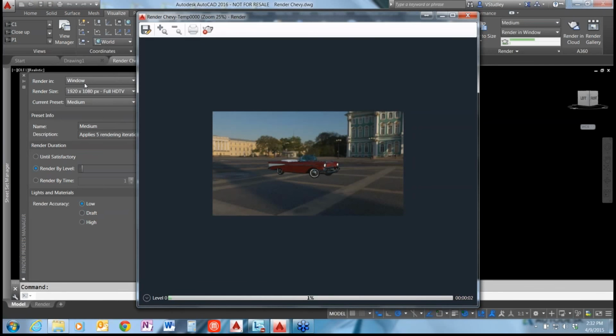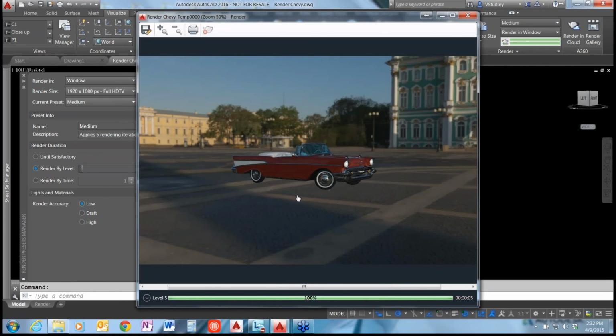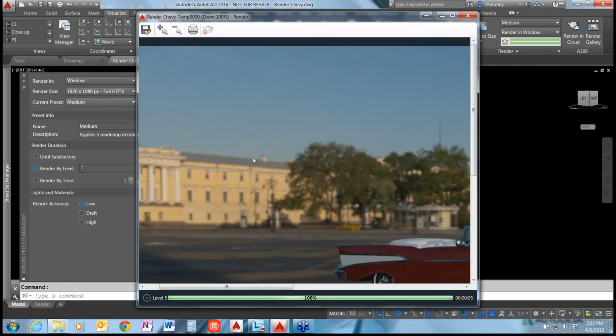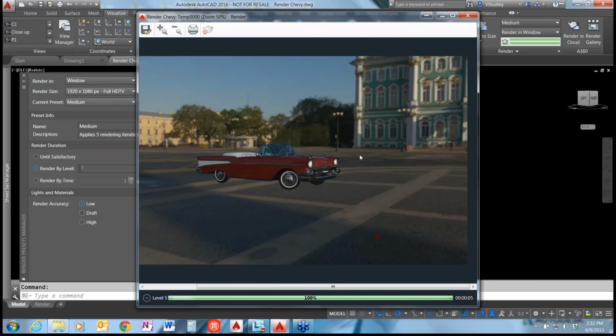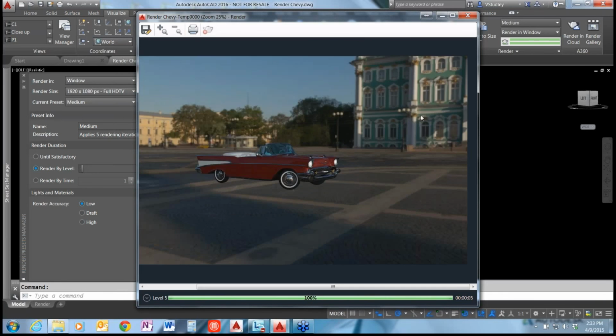Very quickly you'll see, first of all, in this render window, while it's rendering, you can zoom in and you can pan around just to see the quality that you're getting out of that render. So I'm just going to zoom back out there. And you'll see very quickly this is that plaza